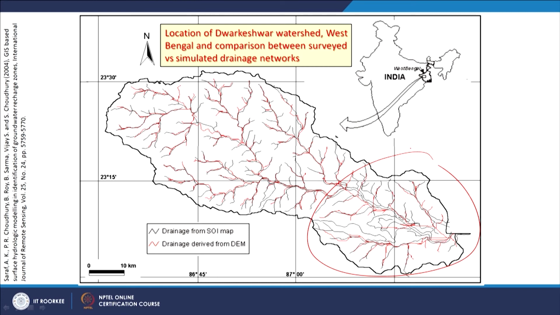We can exploit this mismatch by comparing these two networks, one modeled, the other real. Wherever there is a mismatch, there is a high chance of getting groundwater, and these are the areas where groundwater recharge structures should be constructed, because the surveyed or real drainage is not following the